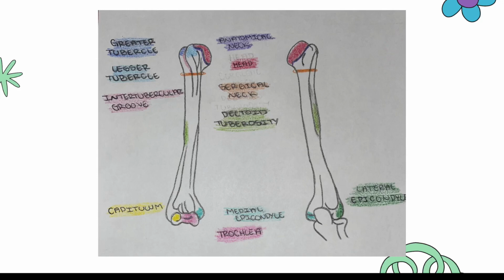Alright, so the next bone that I'm going to be talking about, the third one, is our humerus. That is also a part of our pectoral girdle. Now to start off, at the top in red is going to be the head of the humerus, and right below that on the posterior side, there's this little purple strip, and that's one out of the two necks. That one's going to be the anatomical neck, and that little ring in orange is going to be our